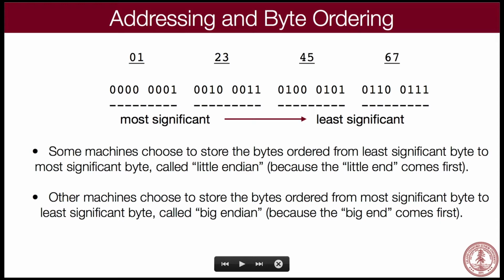This actually confuses people at first. They think, wait, we don't put all the bits backwards when we're doing little endian. We put the bytes backwards. So we take the 0, 1, the 2, 3, the 4, 5, the 6, 7. We say, which one's the least significant? The 6, 7. Which one's the next least significant? The 4, 5. Then the 2, 3. Then the 0, 1 is the most significant one. And that's how we end up putting them in memory, as it turns out.